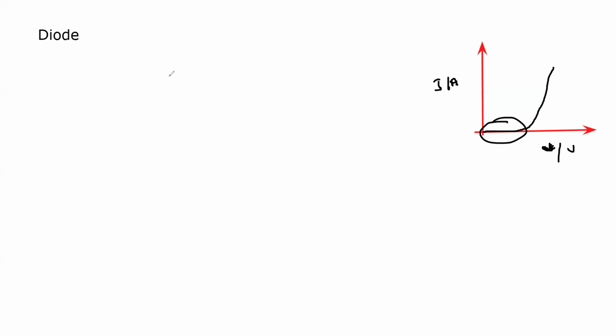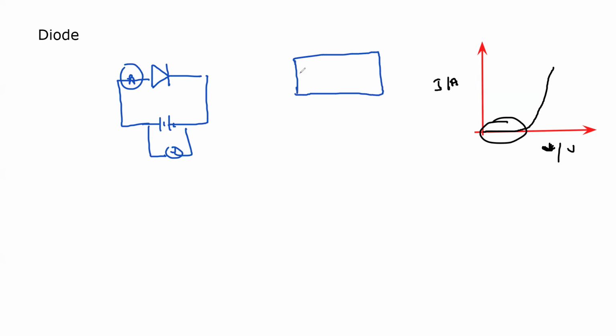Say you have a diode and you connect this diode with a supply, which has a voltmeter to measure the voltage, and an ammeter. It can be before or after to measure the current. Now I will draw the internal structure of a diode. So what is actually a diode? It's a combination of P and N type. P means majority of them are holes and N means majority of them are electrons. And between the P and N, because some of the electrons jump,